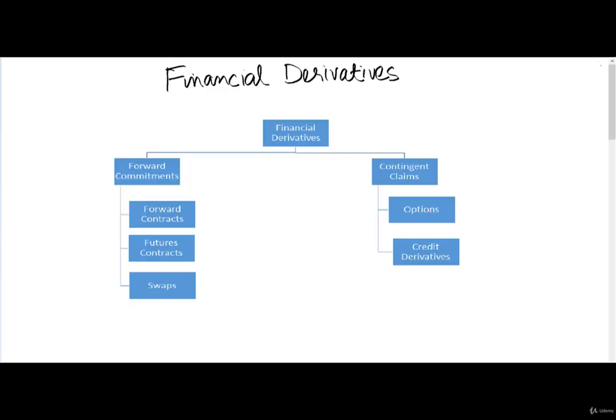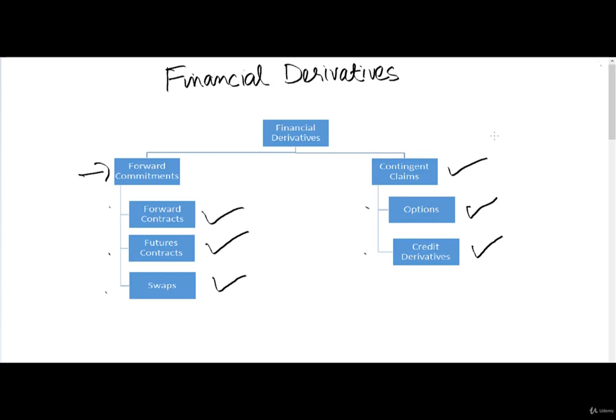There are primarily 5 types of derivative instruments. In other words, 5 types of contracts. The first one is forward contract, second is futures, third swaps, fourth one is options, and fifth credit derivatives. As you can see, forward, futures, and swaps are categorized as forward commitments, whereas options and credit derivatives are